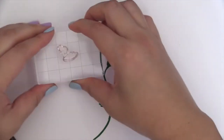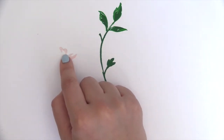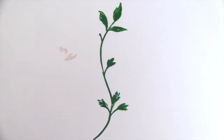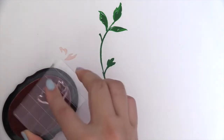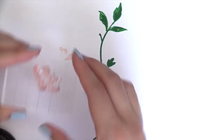You can definitely build on top of that, but I'm going to show you flower images from group E and C. So this is group E. I'm going to start with E3, and I inked it in blush and stamped it onto my cardstock. Now we are going to go with